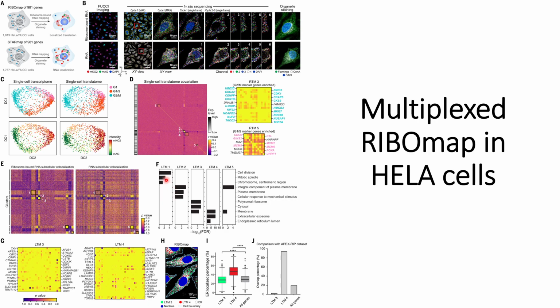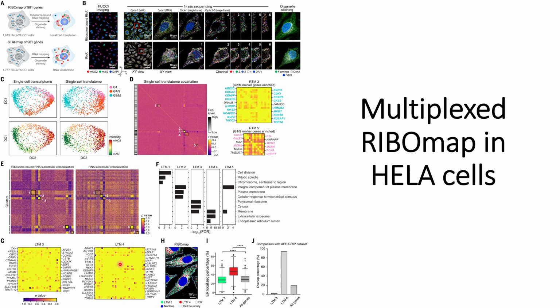In that case, the LTM1 is for the cell division that they have been able to identify. These are the proteins that are involved in cell division or translated in a specific region of the cells, and these kinds of things, and the further explanations are also represented here. Later on, out of these 5 LTMs they show 2 LTMs here, and in this case